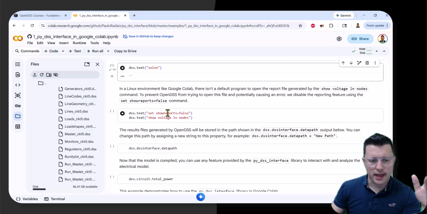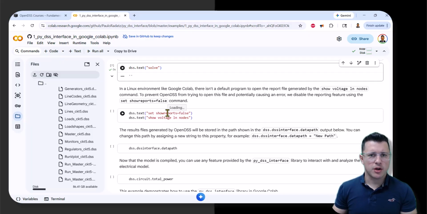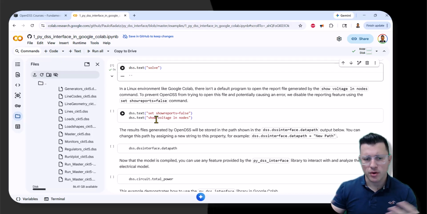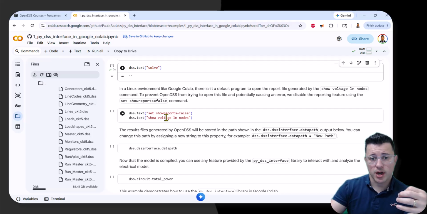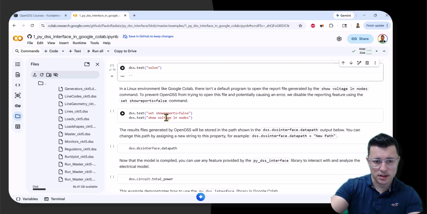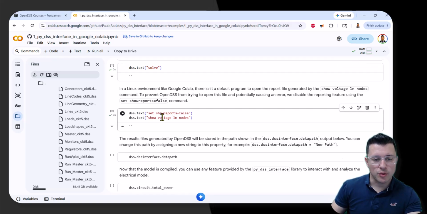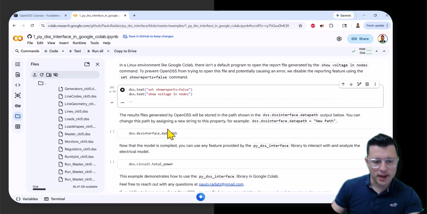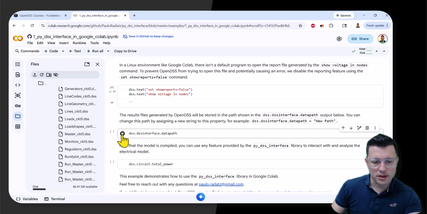Just so you are aware, when we are using OpenDSS in Windows and we do any show command, show voltage like neutral nodes, for instance, we're going to have a file popping up, right? But here in this Linux environment, we don't have a system to do that for us. So to avoid any problem, you need to make sure that you turn off the show reports so they don't pop up, right? But when you run it, you save this file in this environment, and you can find where the folder is by using